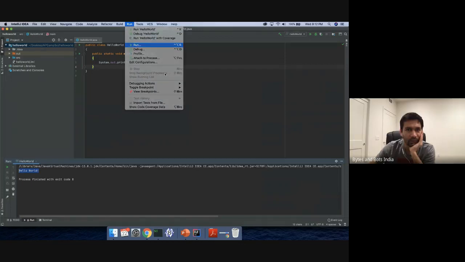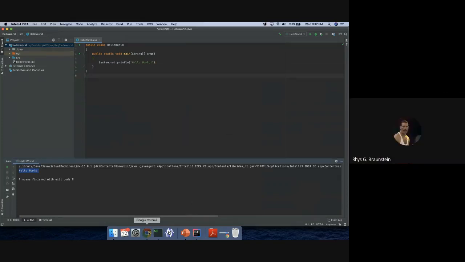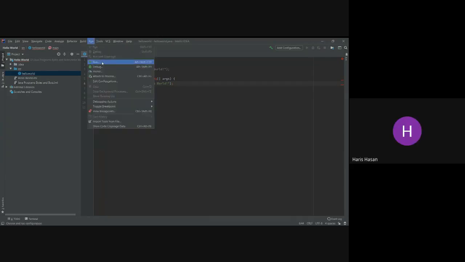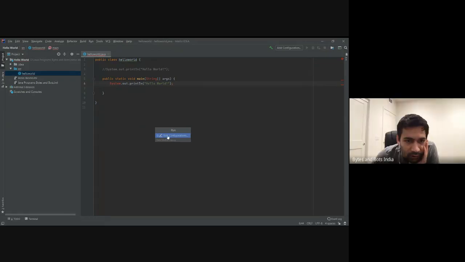Okay, so when you click on run, there's this. Okay, you don't see. Maybe it's different. For some reason, for me, the run is grayed out. Like I can't click it and I can't run at all. Got it. Then you press Alt Shift F10. So I go here and it's just. Okay, do edit configuration. I think it is some Windows thing.